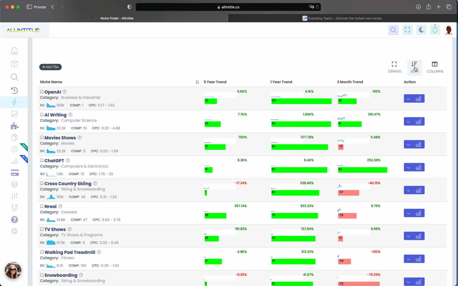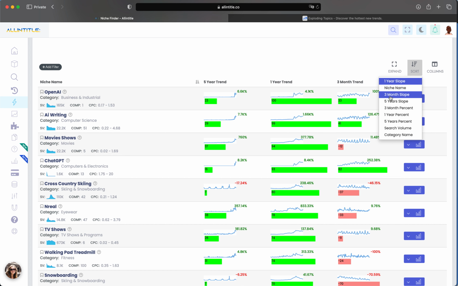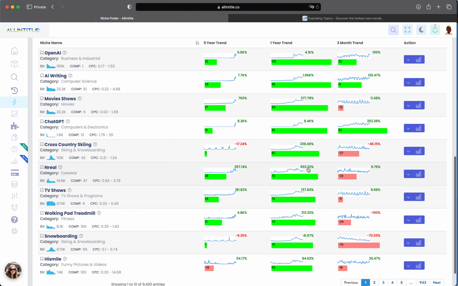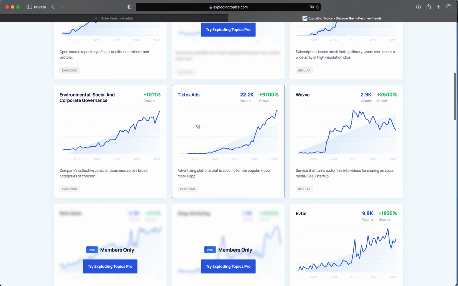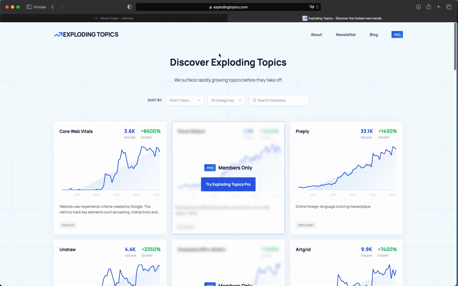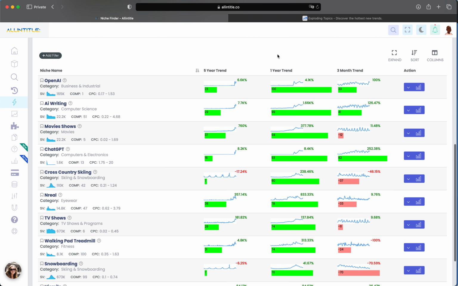You have to select it, and you can also bring it up and then you can deselect the 3 months. Now this table is being sorted based on the 1 year trend. And again, if you have an account with Exploding Topics, you will be able to see all the niches in the table. But as you know, we provide this software,